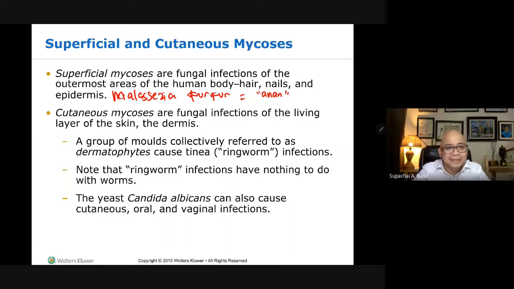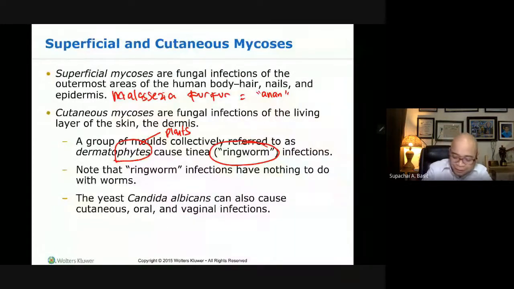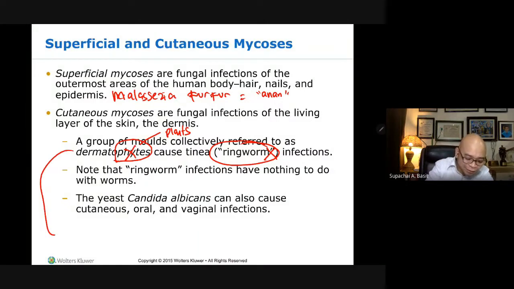Okay? And then cutaneous mycosis are fungal infections of living layers of the skin and the dermis. So a group of molds collectively known as dermatophytes causes tinea or the ringworm infection. Now it's a misnomer because they thought at first that fungi are plants. So they call it dermatophytes. Phytes means plants. And it's like a ring-like structure. They thought that it was a worm. So they call it a worm. But these are not worms. These are not plants. That's the reason why the better way to describe this one is